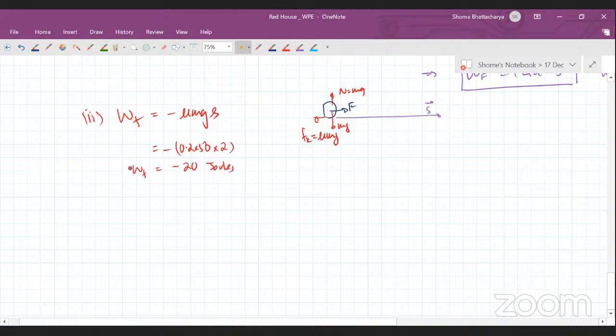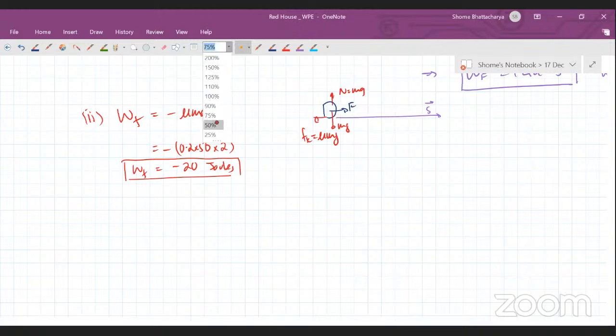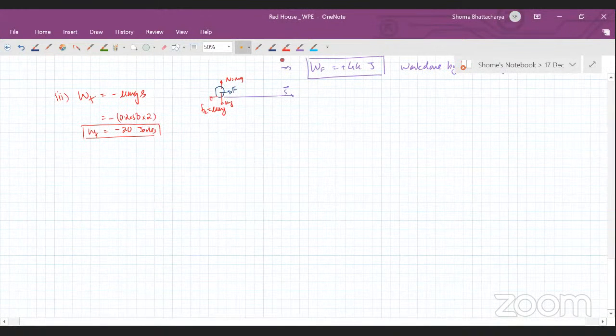Okay, so that is the work done by friction. So that's the second part of the question. First part, we had got the work done by the external force. I'll just verify that. So we had got the work done by the external force F was 44 joules. Now for the third part, if we take this work energy theorem,